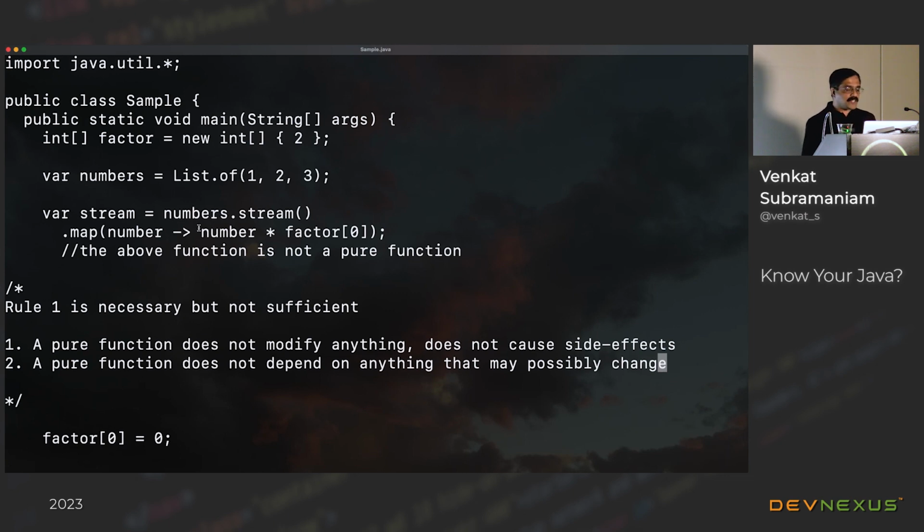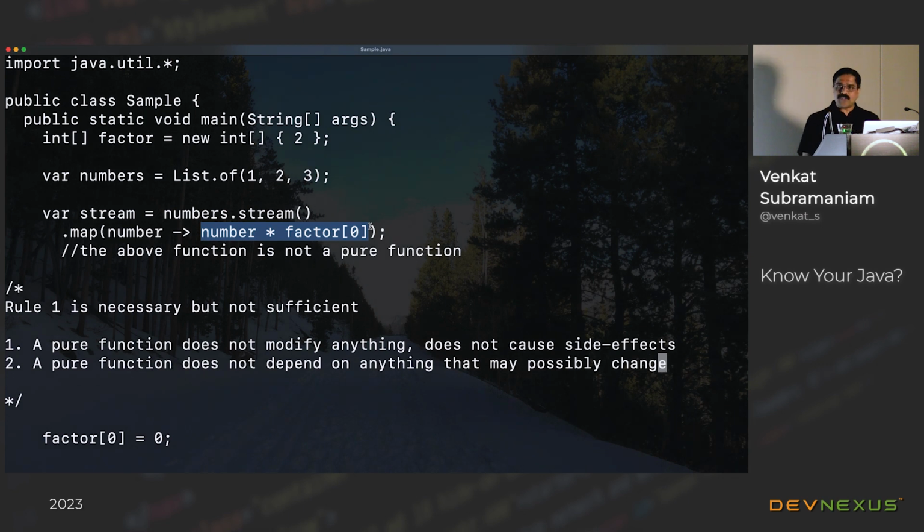Because when you look at the function here, what did it do? Clearly, it did not violate rule number 1. It did not mutate anything. However, it is violating rule number 2 because it's depending on something that may possibly change. So on one hand, this code is very error prone. Second, this code is incredibly hard to reason about. And third, you are going to be changing this code, and you may run it in parallel, you may run it lazy, and you have bugs in the code. This becomes very expensive to maintain.